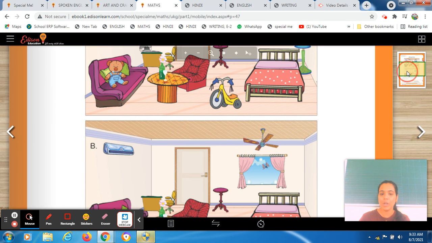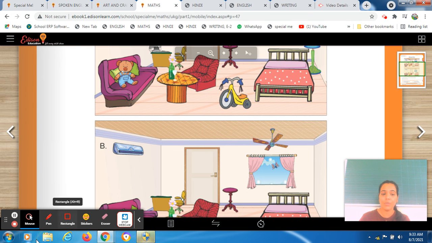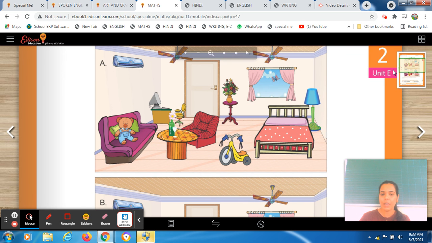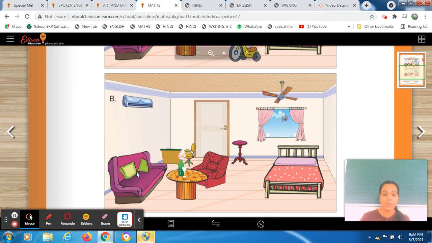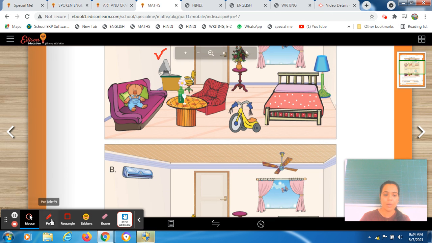So students, now we will observe this picture. So the very first thing which is not there in this picture is fan. Then no desktop, or you can say computer, is not there. So we will come to the first picture and put a tick on computer, because computer is missing in the next picture. Now we will observe one more thing. There is no teddy bear. So come to the next upward picture. So this is the second article which is missing, students.